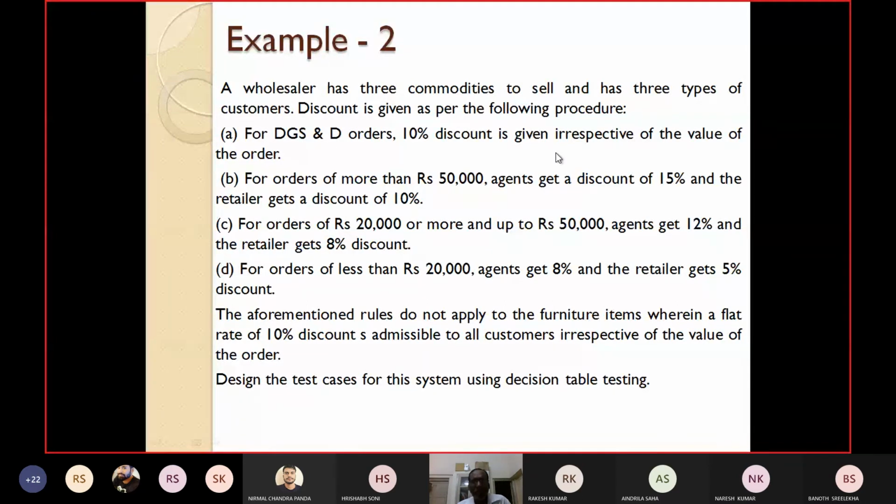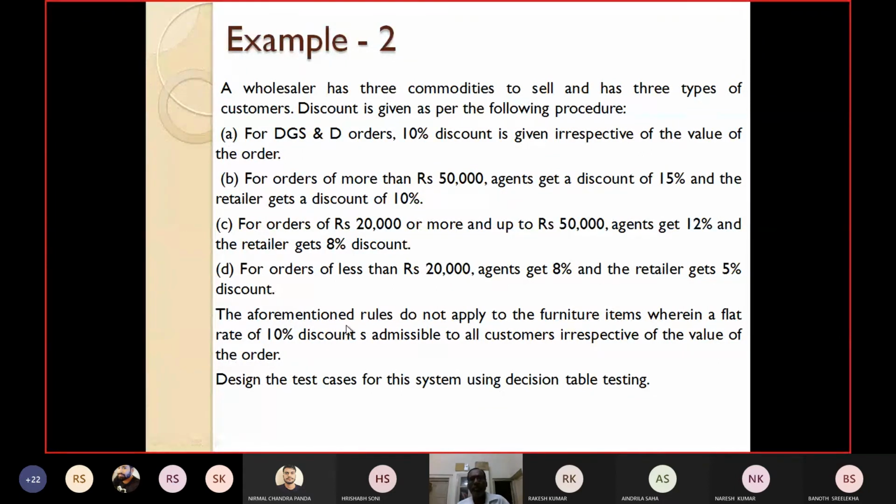Then your purchase order value, whether it is greater than 50,000. Next condition is whether it is between 20,000 and 50,000. Next condition is whether the purchase order is less than 20,000. Another is whether the item is a furniture item or not. These are the possible inputs. Similarly, the outputs are already given.